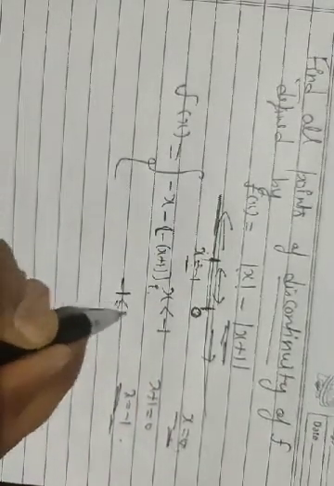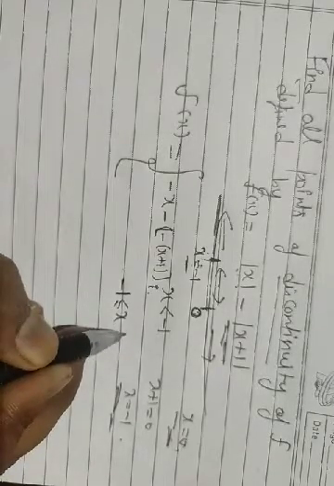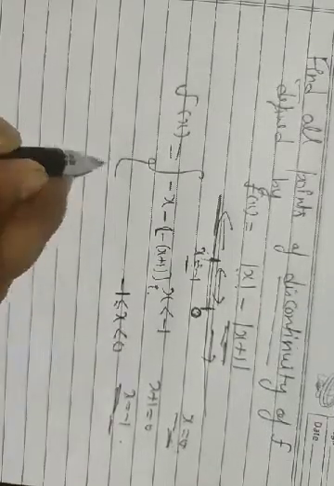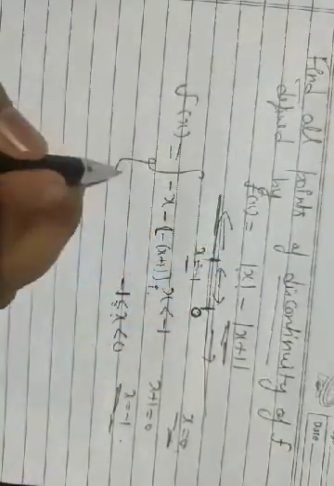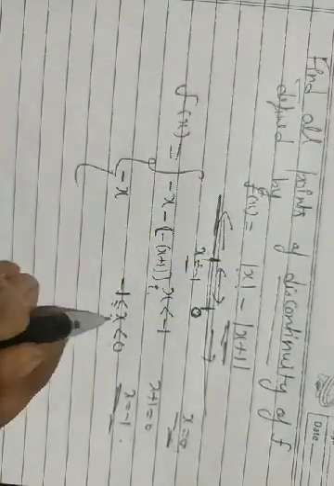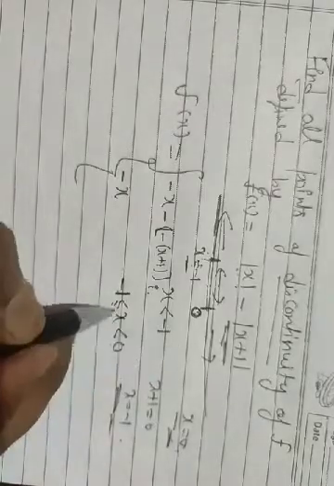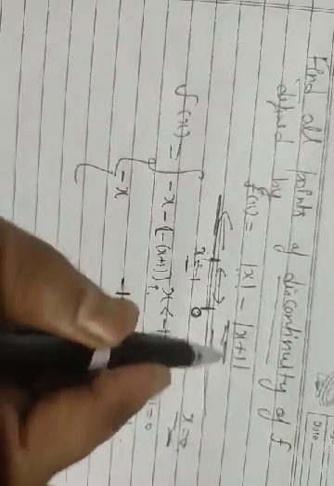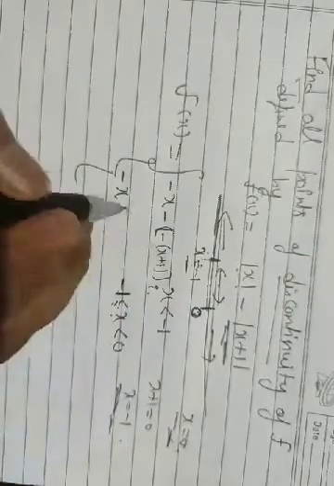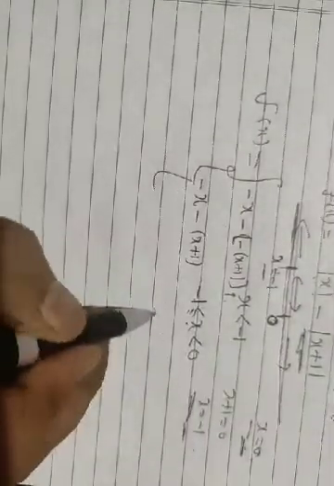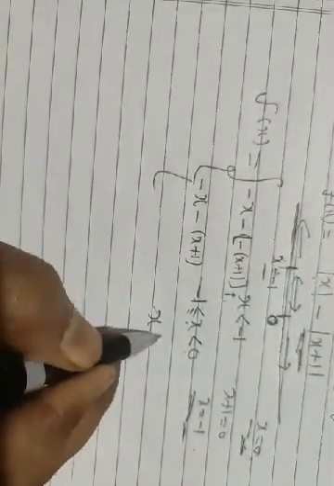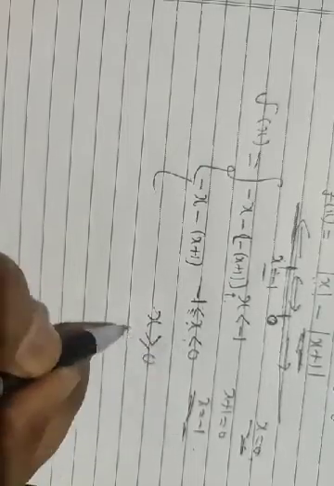In this region, whenever x lies between -1 and 0, what is |x|? Again it is negative, so |x| is -x. But in this region, when x lies between -1 and 0, x + 1 is positive. Then we have x + 1. Our |x| is -x here. Now our third case: whenever x is greater than or equal to 0.